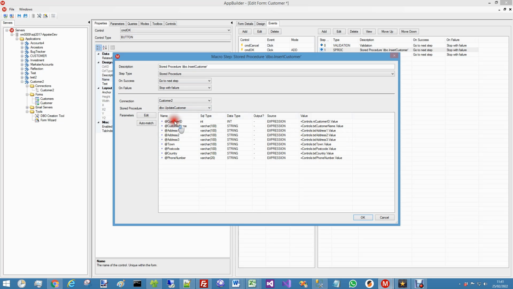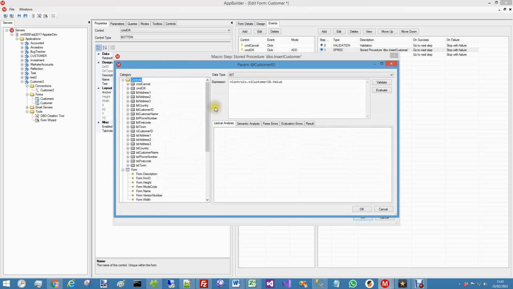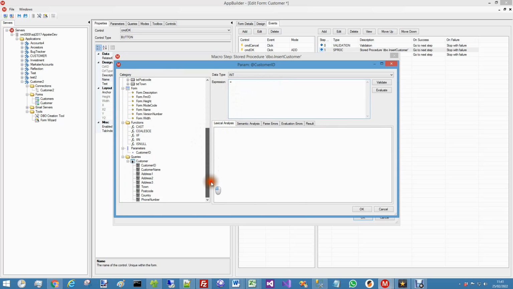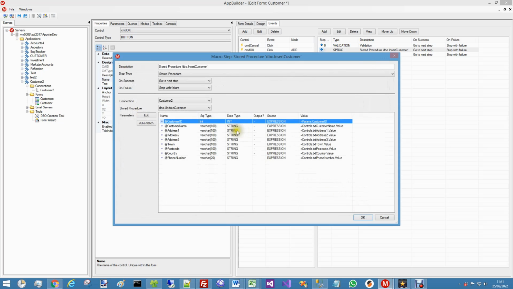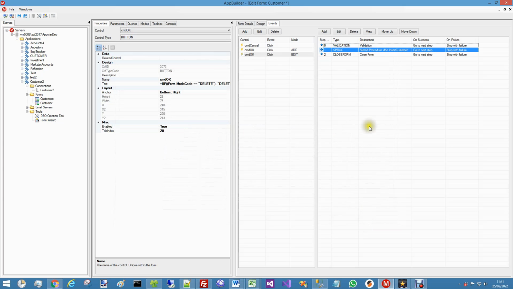The customer ID can come from the customer ID control, or equally available in the form environment is the customer ID parameter, which is effectively direct rather than go via the data that's then subsequently read in. It doesn't really matter, it'll have the same effect in this instance. So we OK that to save it. That's fine, and then it closes the form, and then let's copy this again,